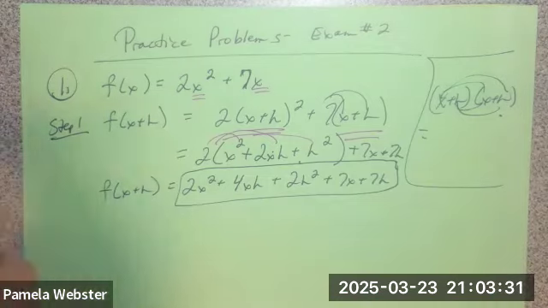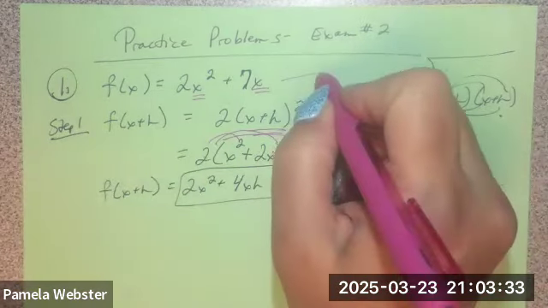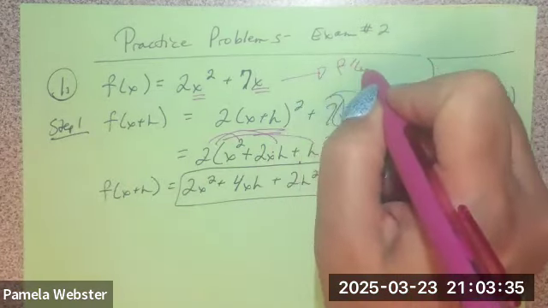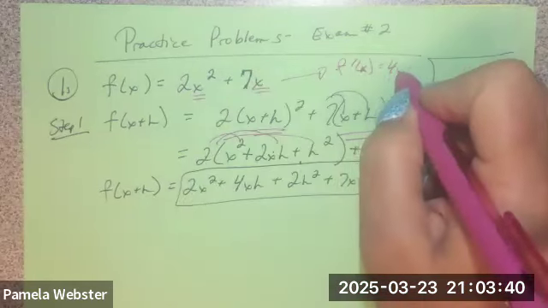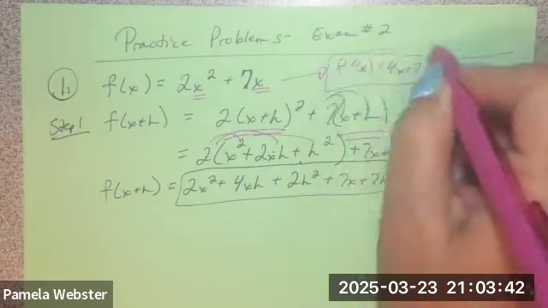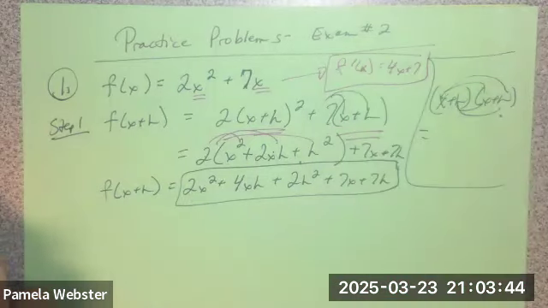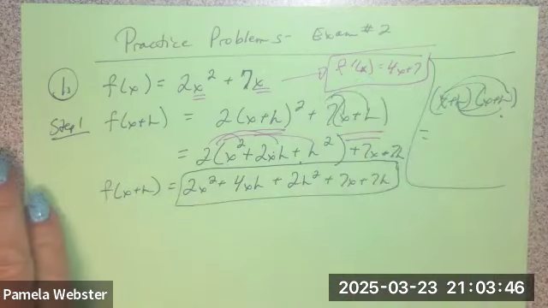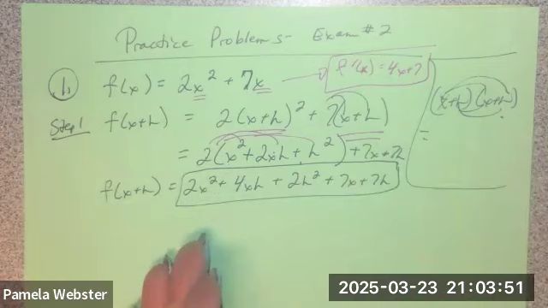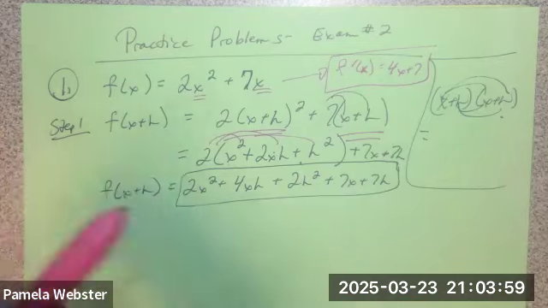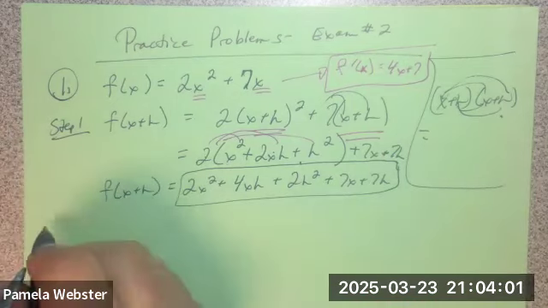Now, if you want to come off here to the side and say, hey, I know the shortcut for this one. I know that f prime of x is going to be what? 4x plus 7. Absolutely. You can know that's where you're going, and we'll check that in a minute and make sure that my power rule shortcut answer matches up with my long answer. And if it's not, then I can go back and make changes. So we know that's what's happening here. So step 2